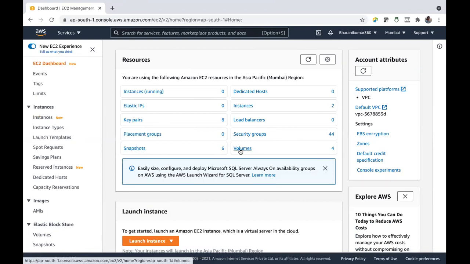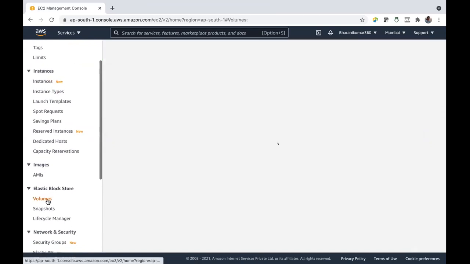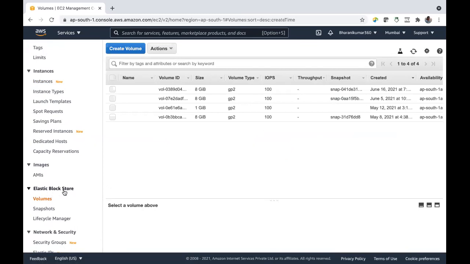We know volumes. Volumes are nothing but EBS volumes. I have 4 EBS volumes. I have 2 instances. This instance has one root volume and this instance has one root volume, and I have 2 more EBS volumes. You can see here under your Elastic Block Store.